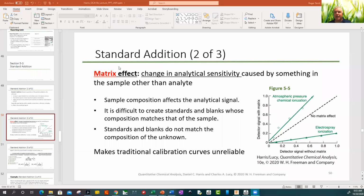So the standard addition here, that's what we're talking about, right? Basically, the idea is that whenever your method, or it's easier to think of it as an instrument, whenever the instrument you're using to measure something has a dependence on the sample,